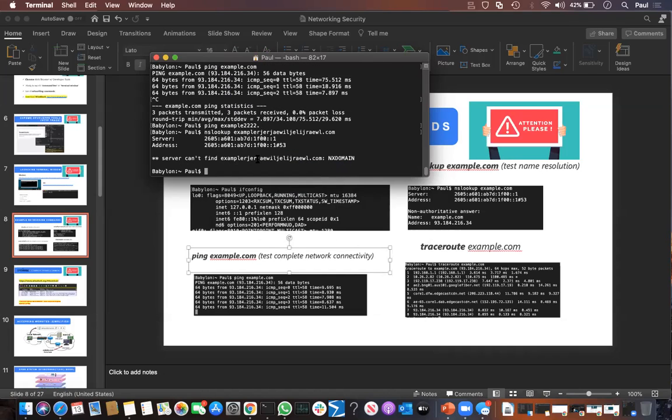Server can't find the name. So this says the DNS server checked its entries and it can't find it. So although we used a fake domain here,